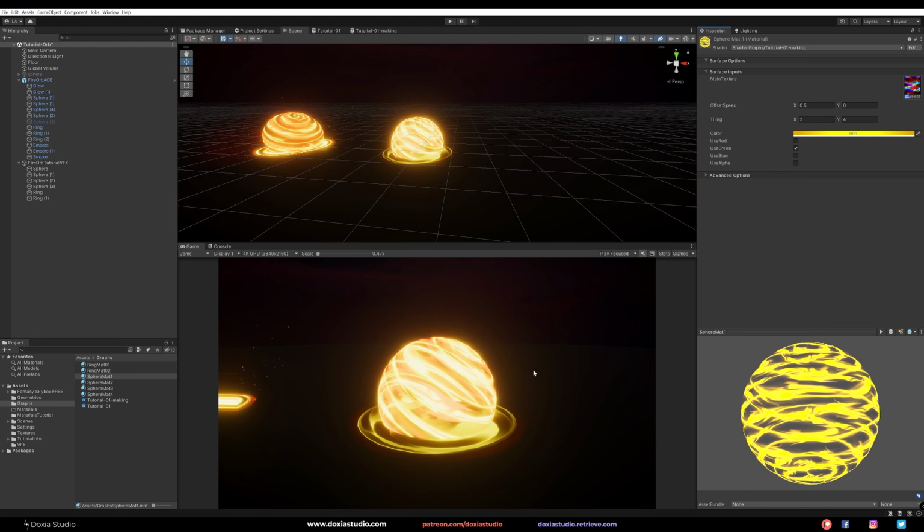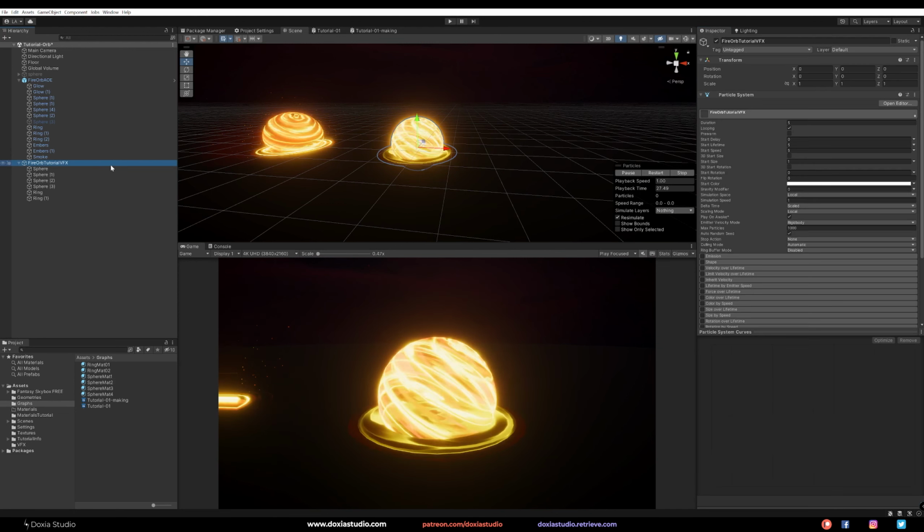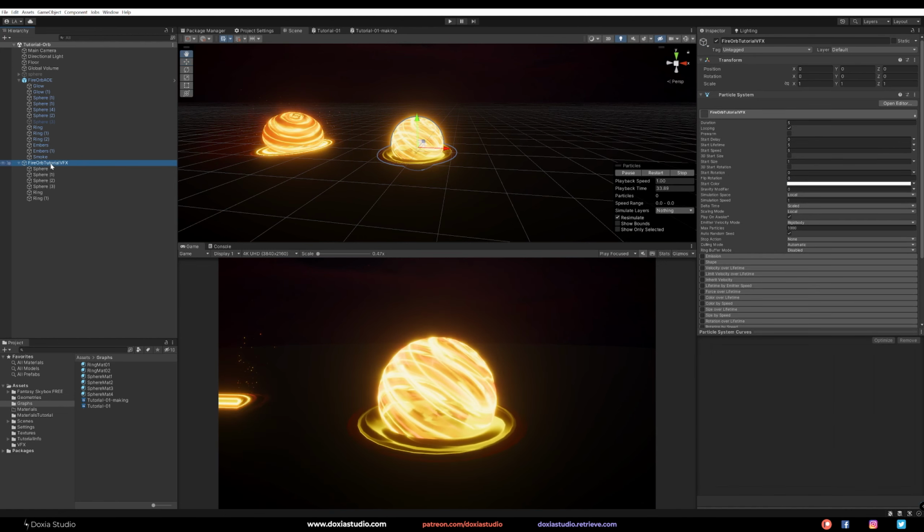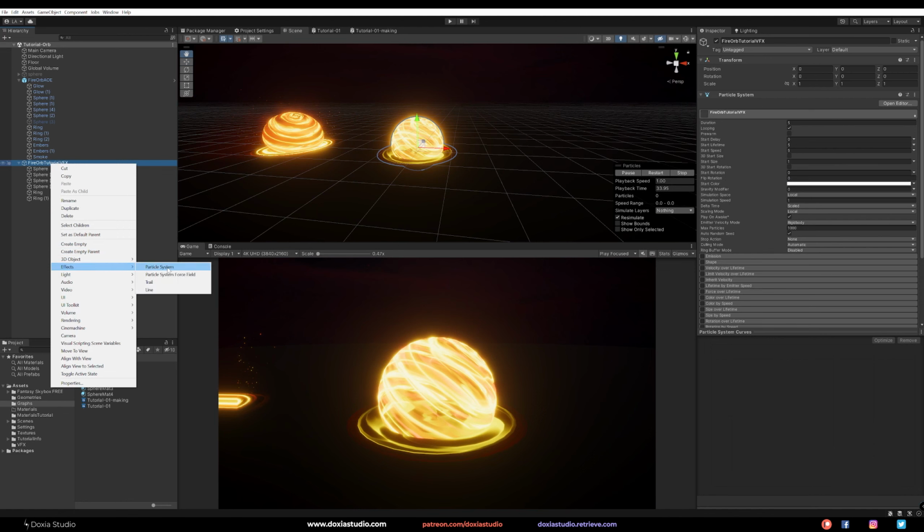So now we have the basic shapes, the initial block out, and now let's bring up those additional effects to fill up your effect. Let's call it like that. So we are going to create a glow and some embers, okay? And a smoke, I have a smoke too. I really went all out here.